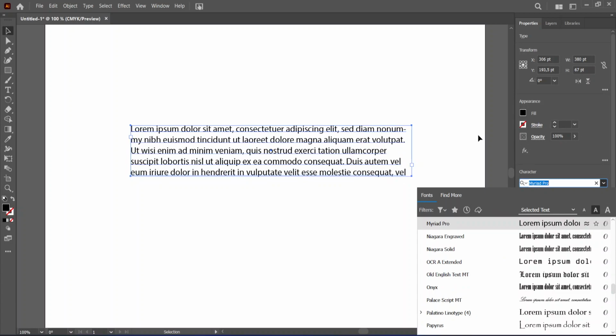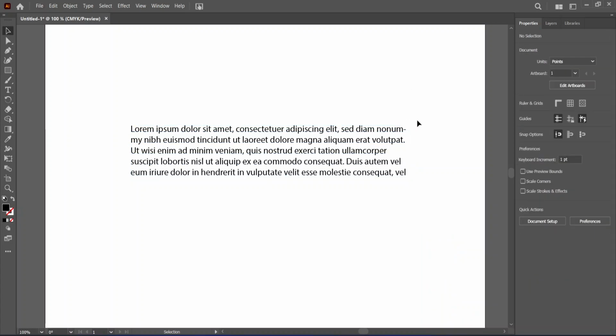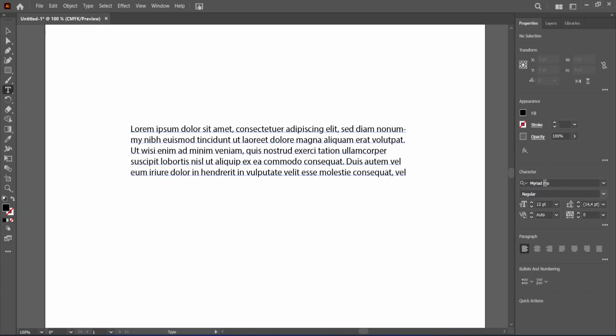fonts to this. And the way you add more fonts, if you have existing ones on your PC, you just install them on your computer, and when you go to your text, they should show up here on the right side. Or if they don't do so right away, you can just close Adobe Illustrator and then open it again, and they should appear. And that's how you add